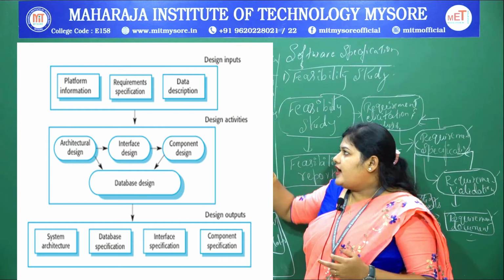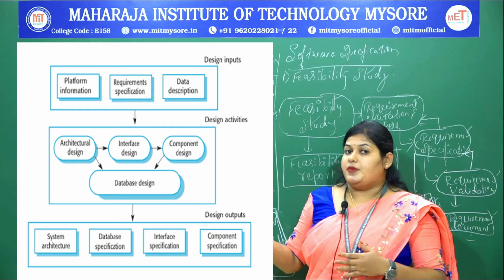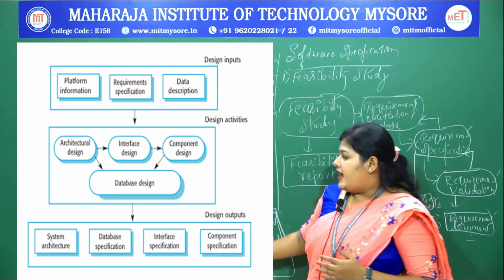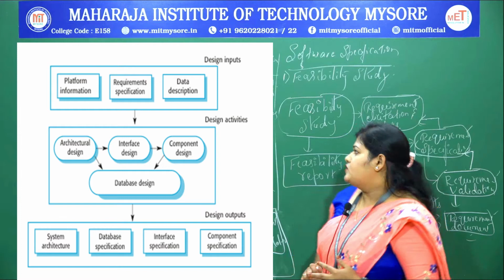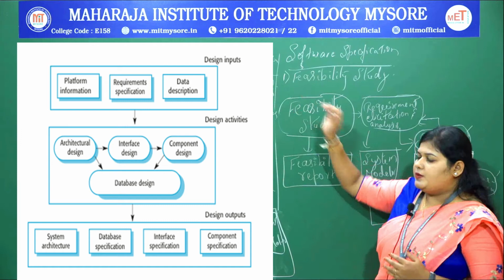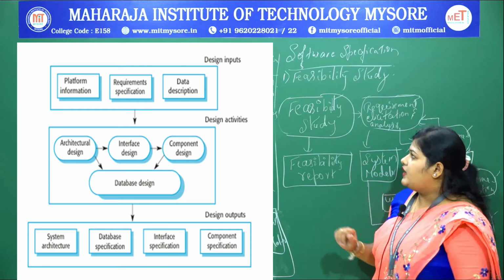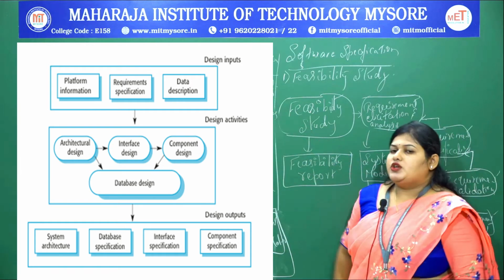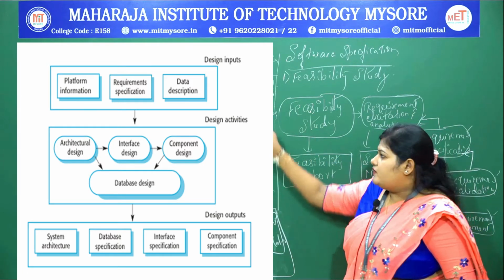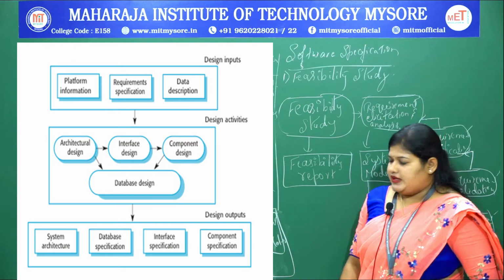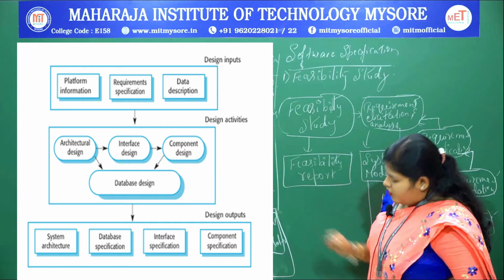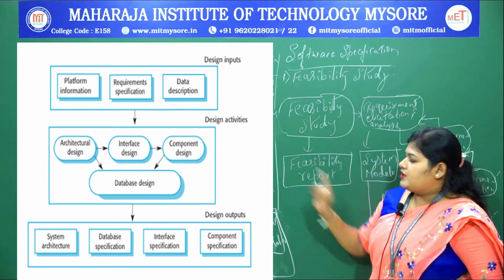It is easy to say that the software will be designed and it will be implemented. No, there are many things to be analyzed while exhibiting the requirements. So, the very first thing is that we will be going through three steps here. Very first we need to give the design inputs, and in continuation to that we will be dealing with the design activities, and finally we will get the design outputs.